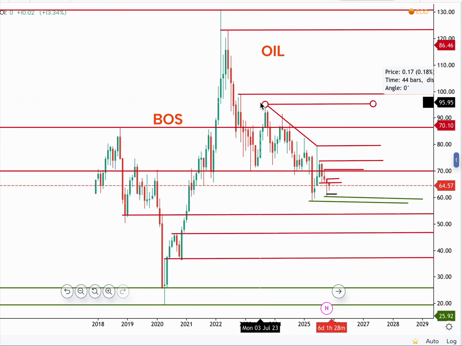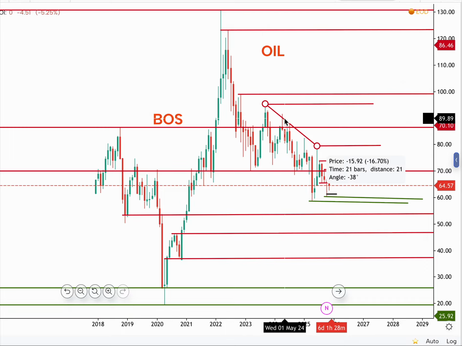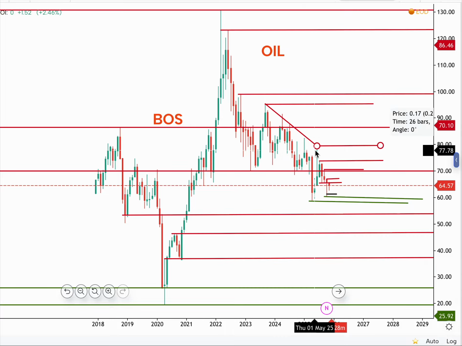But since it failed and created a lower high, that means price is not interested in higher pricing. As we see in the trend line, price was creating lower highs, lower highs, lower highs as it reached this level right now, the last area where price is standing. So we see that price rejected it. It created a lower high. Okay, so if it created a higher high,